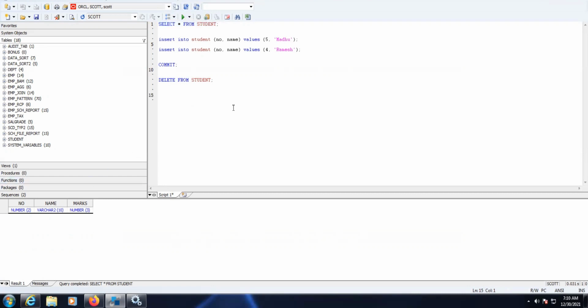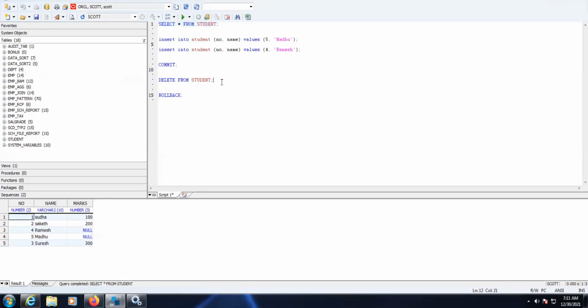So now how to restore the data back? Rollback. I use rollback to restore the data back. With the delete statement, you can restore the data back before you press commit. If you press commit, the data won't return back. If you execute the rollback, the data will be restored. So now I will commit the data. Okay. Now we can see the data is available.